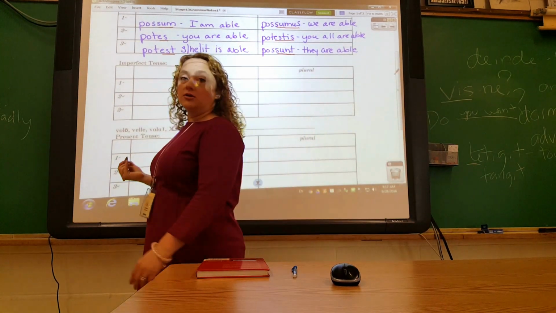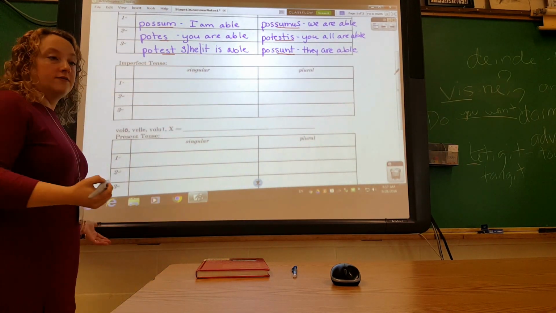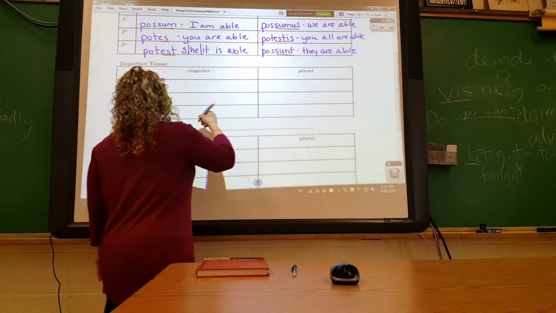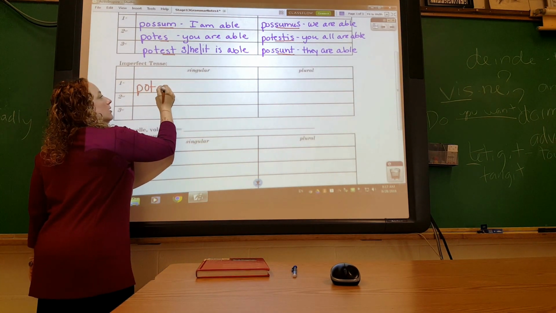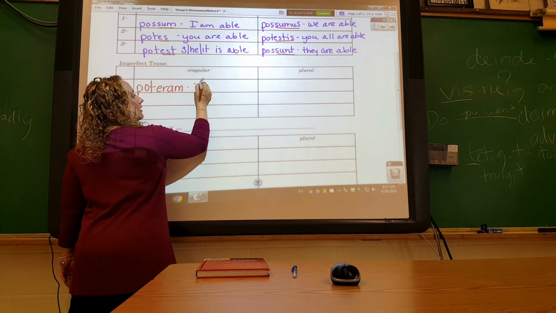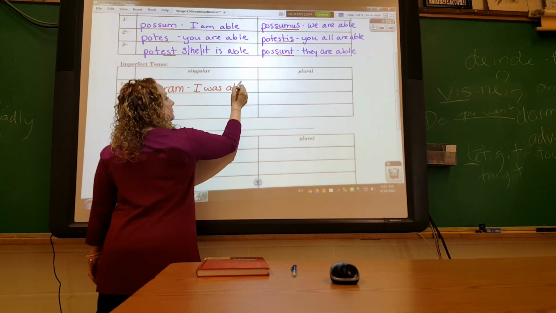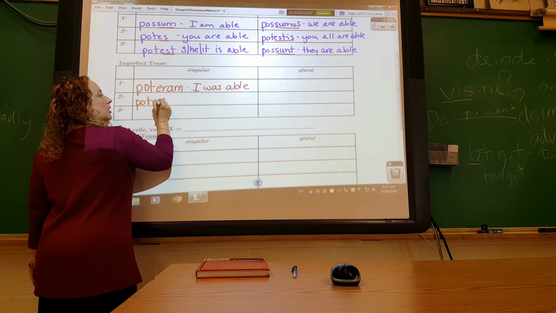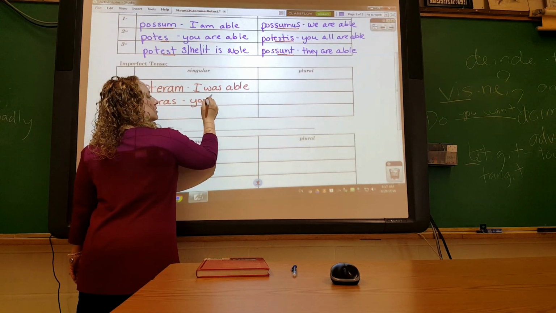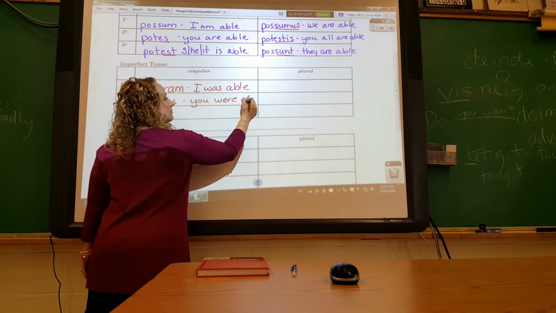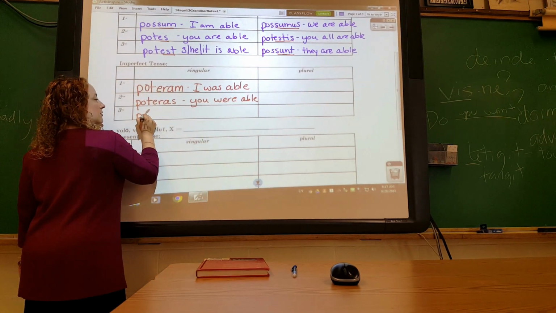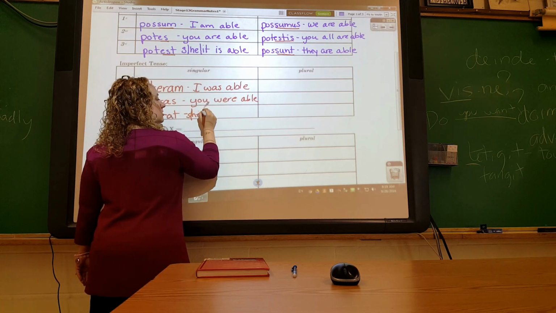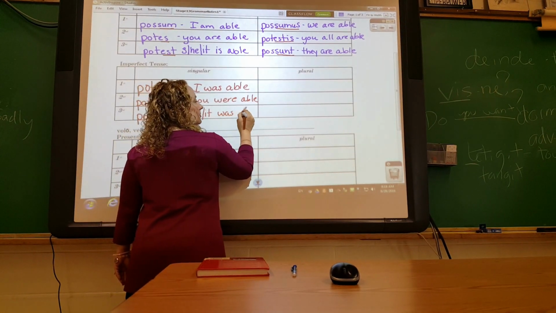The imperfect form is also going to use the imperfect form of the verb to be. Poteram, I was able. Poteras, you were able. Poterat, he, she, or it was able.